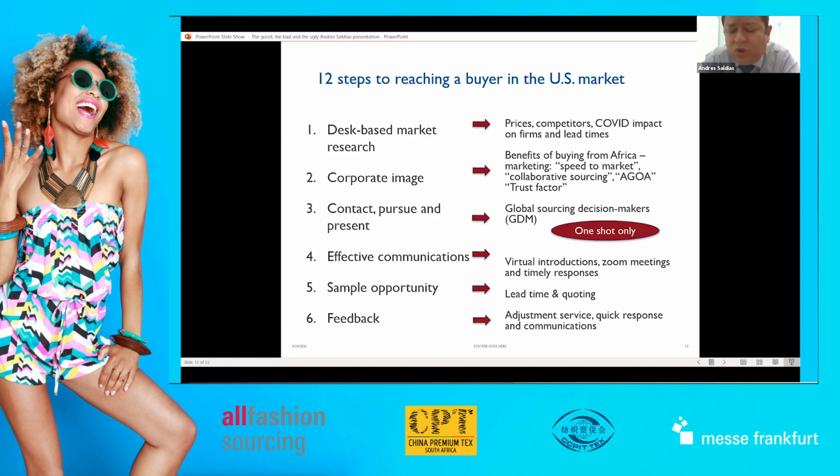When you walk into New York, I'll show you a slide. There are 80 buildings. In each one of the buildings, there are 4 buyers on each floor. There are over 5,000 buying offices. And in every company, there is one buyer for children's denim, one buyer for women's woven, one buyer for men's shirts, one buyer for underwear, and so on and so forth.